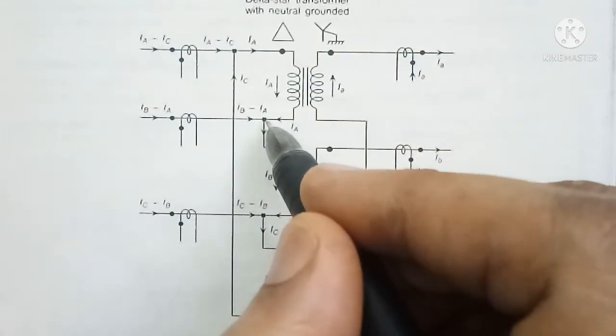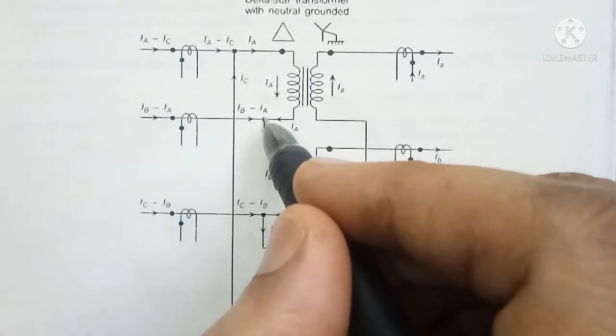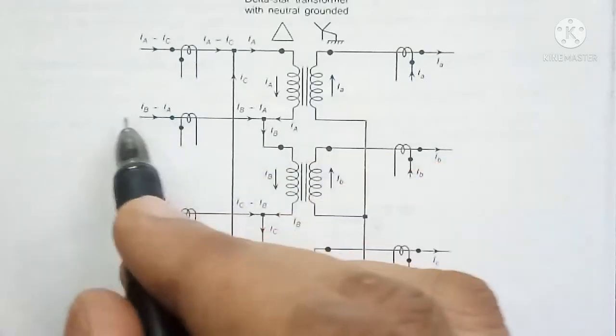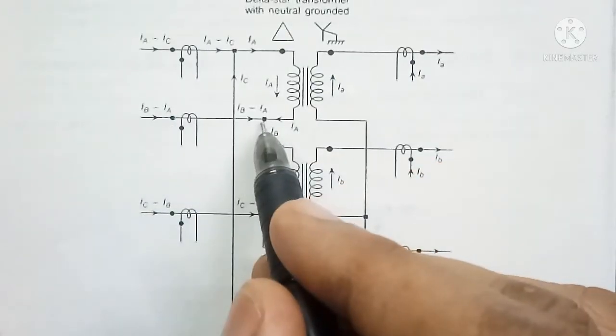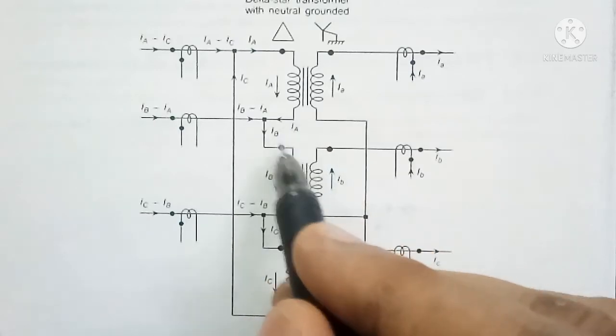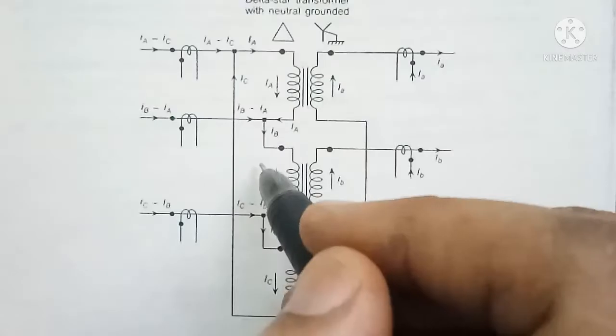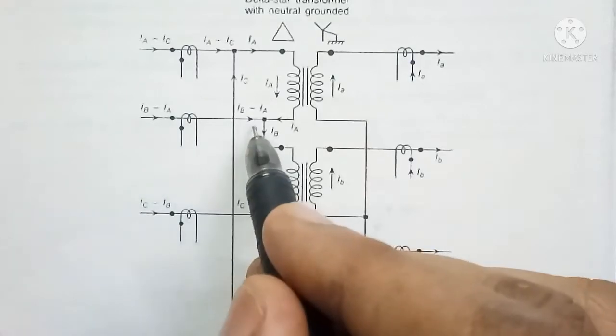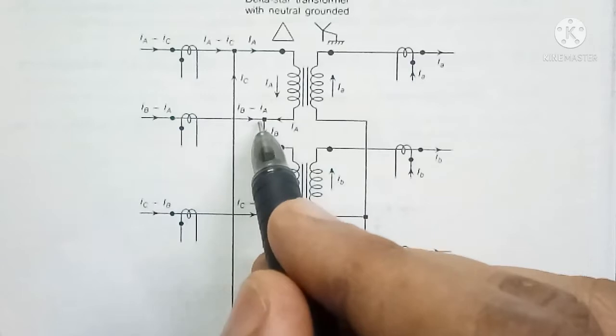So by applying KCL at the junction to which line B, phase A winding and phase B winding are connected, we get current through line B as IB minus IA,